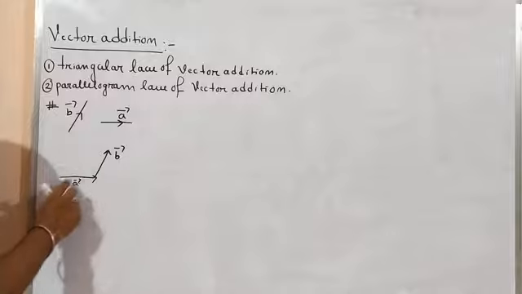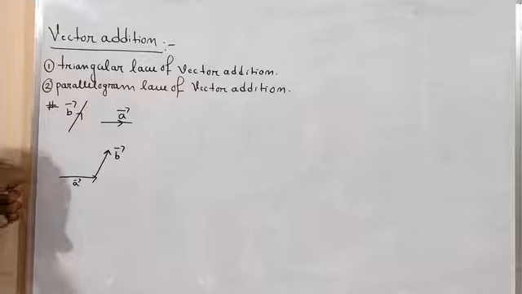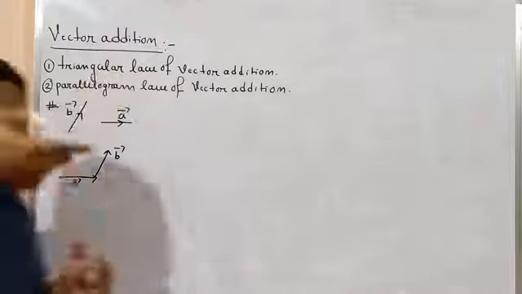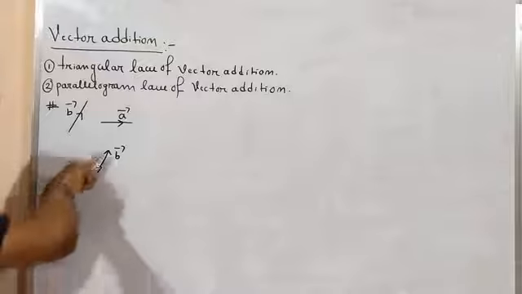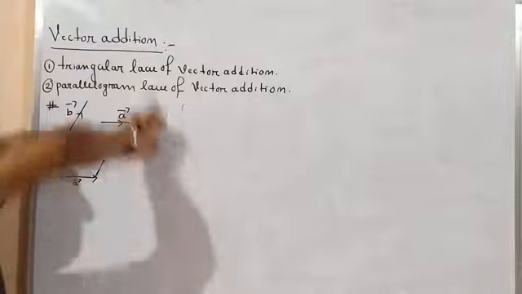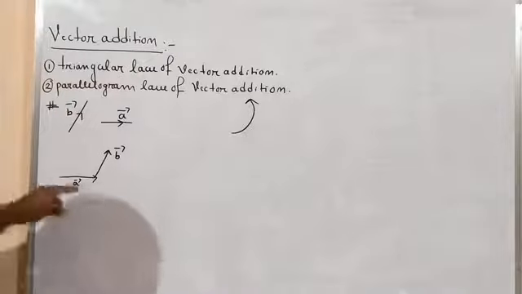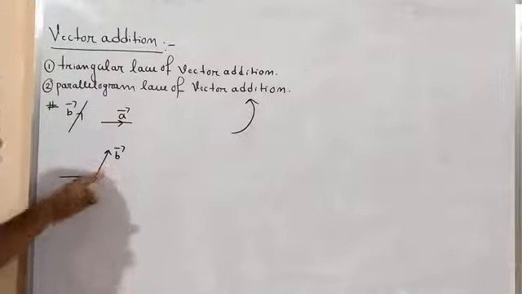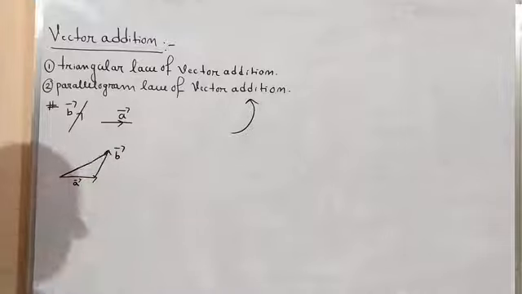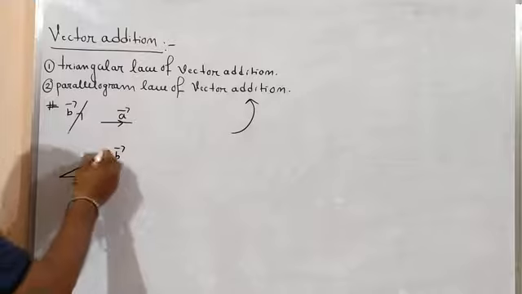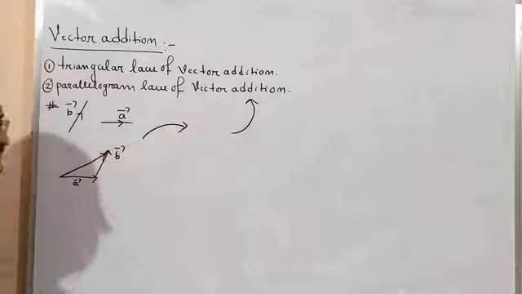Now you see, this vector and this vector are adjacent sides of a triangle taken in the same order, because the direction of this is here and of this is here, meaning in the same direction, isn't it? So the triangle law says the sum of these two vectors represents the third side of the triangle, isn't it? This is the third side of the triangle taken in the reverse order. Taken in the reverse order means this. So this represents in this order.